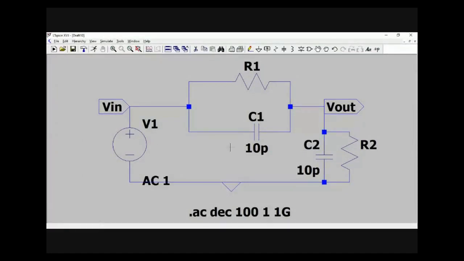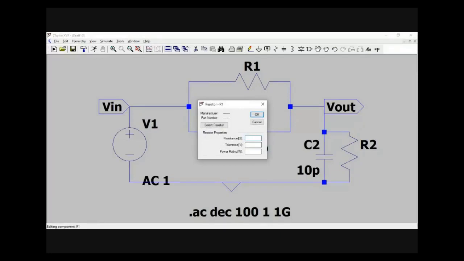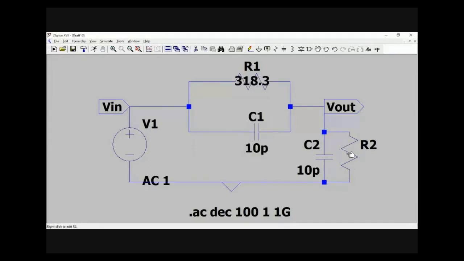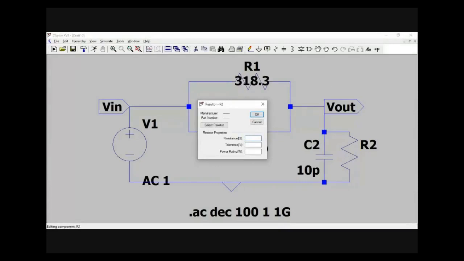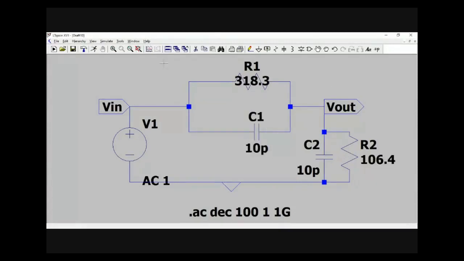So I'll just enter the values here. Can you tell me what is the R1 value? 318.3, and the R2 value is 106.4. Right. So after keeping all the values, what I have done is I have taken a source here that